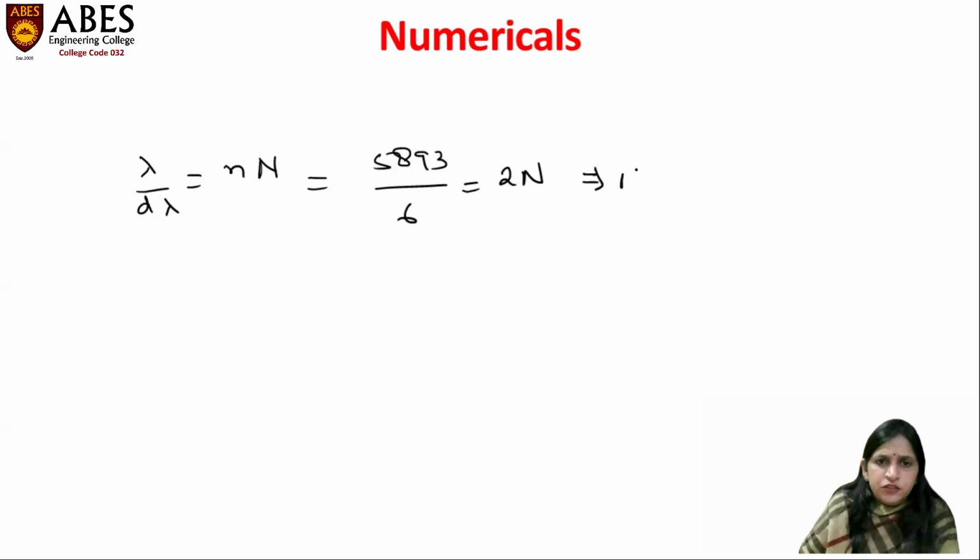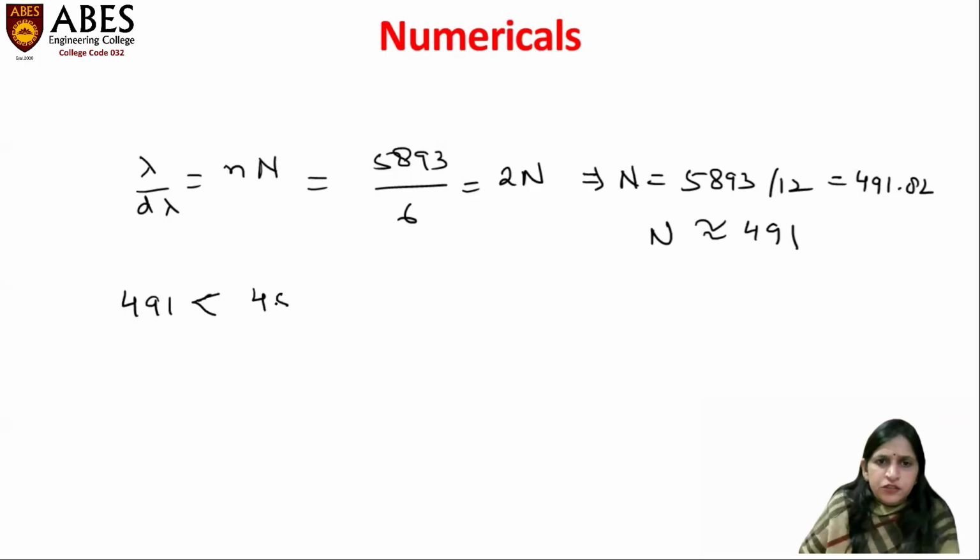From here we can calculate the number of lines: 5893 by 12, that is nearly 491.82, or nearly N is equal to 491. And as 491 is less than 4500, which is provided, the lines can be resolved